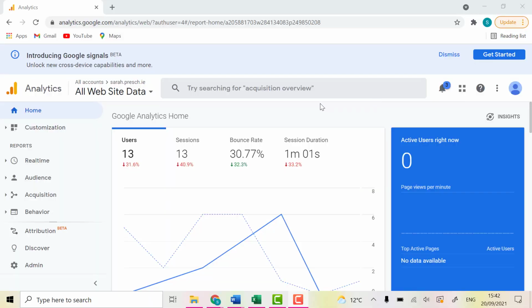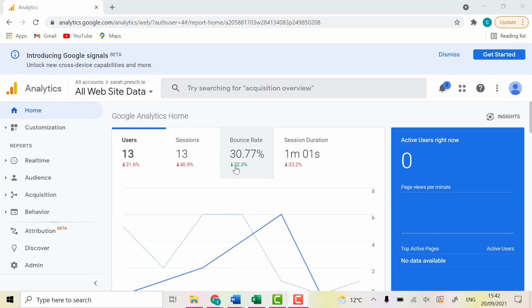So let's take a look through Google Analytics. When you log in, you'll be taken to this little dashboard on the home screen, and it has a really useful overview of what's been happening on your website. So first of all, here you can see the number of users, and that's the number of people who have visited your website. Then there's the number of sessions, which is a bit like the number of times your site gets visited. Bounce rate is measuring how many people drop off your site immediately, so the lower the bounce rate,